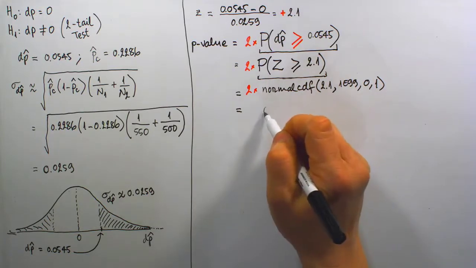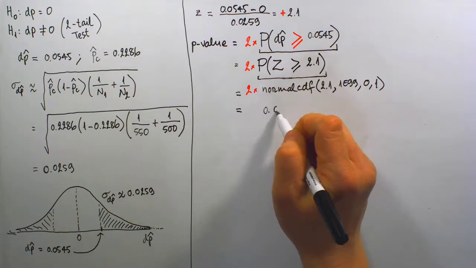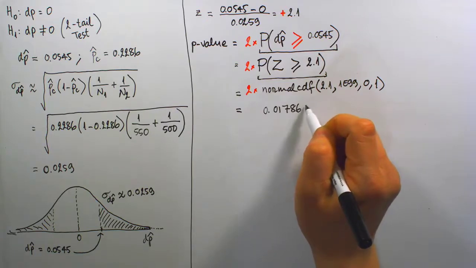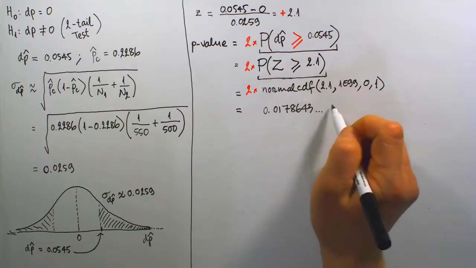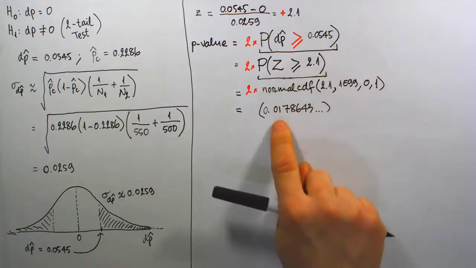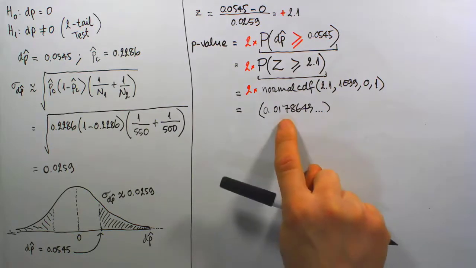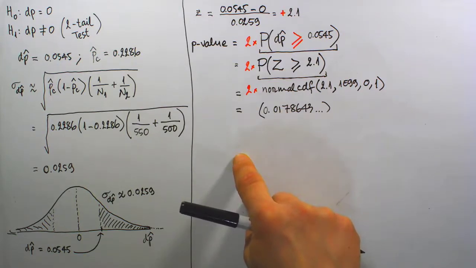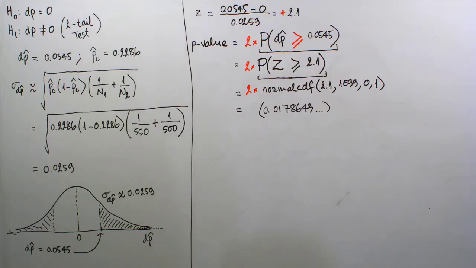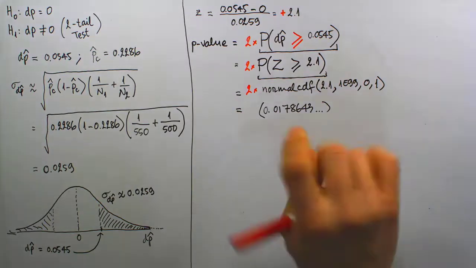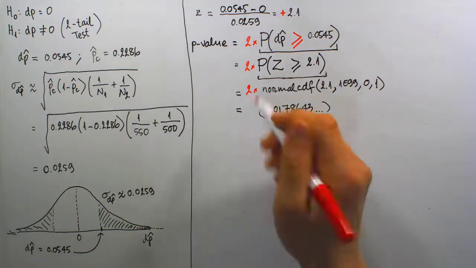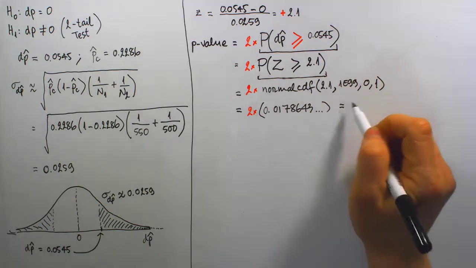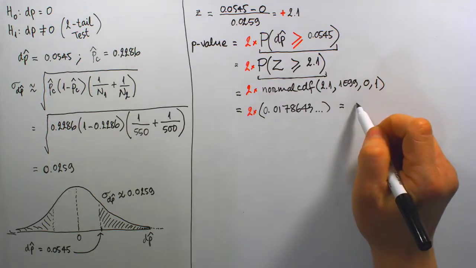So 0.01786 for 3 and a lot longer. Now, I always leave this value here without rounding until the very last step where we have the final answer. That's where I round if I have to. And so now this probability here must be multiplied by 2. Final calculation came out for our p-value being